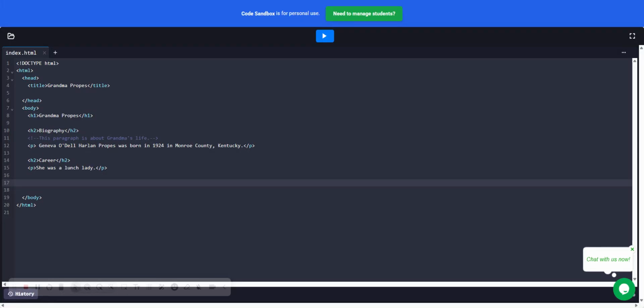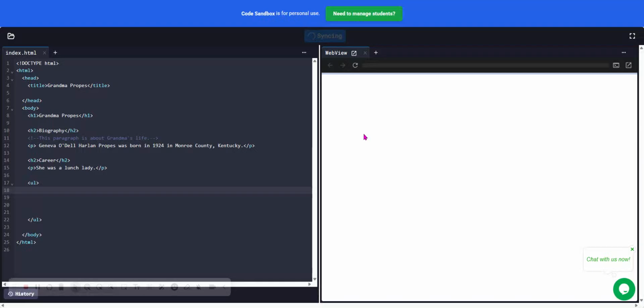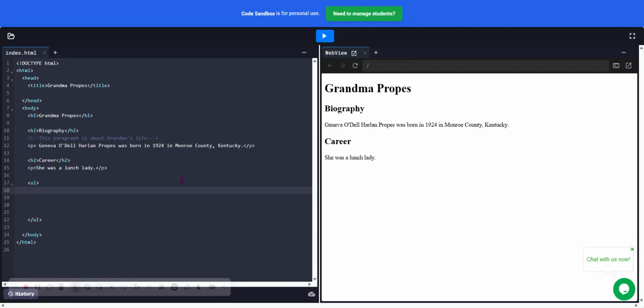All right. So for a list, we're just going to put this inside of our career for right now. We're going to have UL, which is unordered list. So you see it opened it and it closed it. I'm just going to put a couple of lines in there, because remember that HTML doesn't read our white space. Now I'm tabbing into the list on line 18. It doesn't matter because it doesn't see our blank spaces,